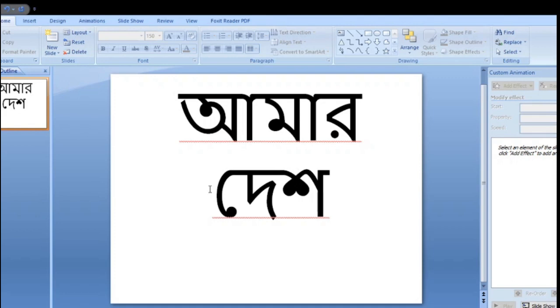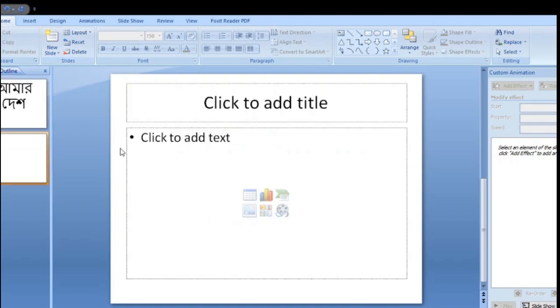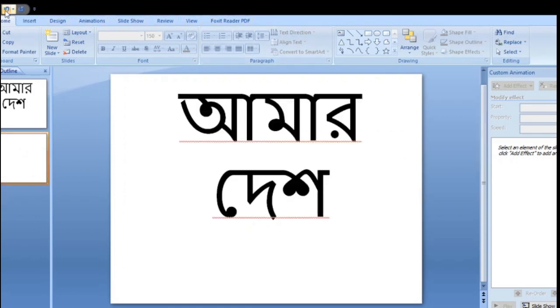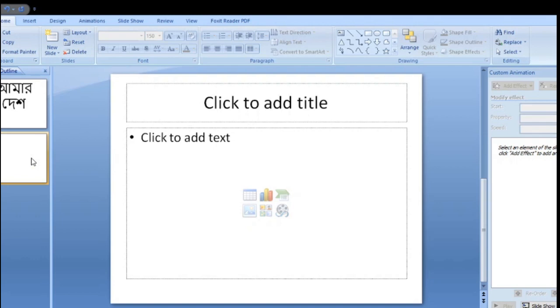Adding a new slide. From the home menu, click new slide. Another way: click the mouse right button and a new slide appears.